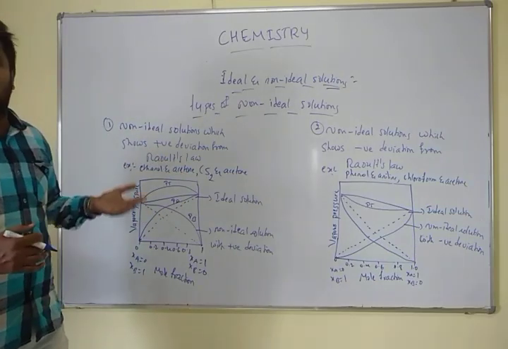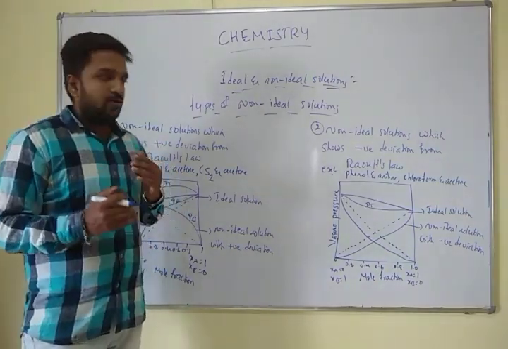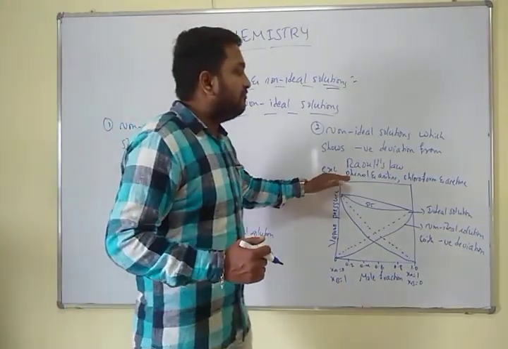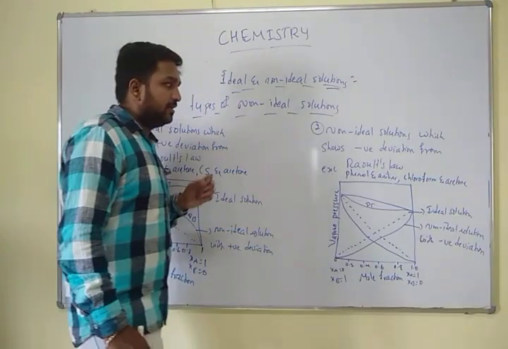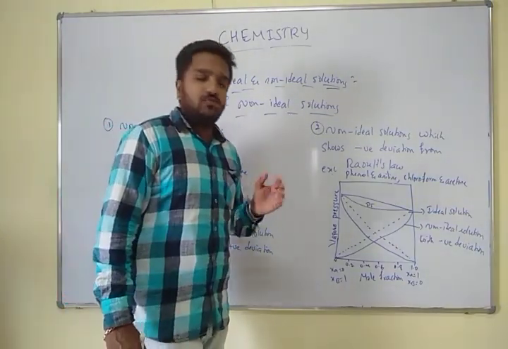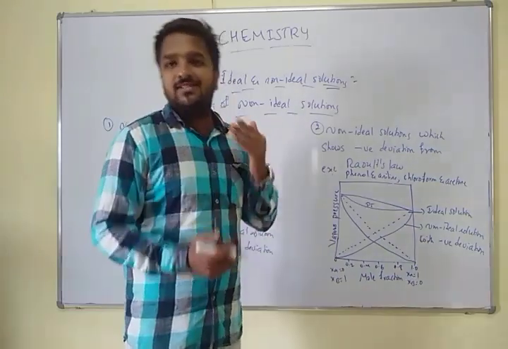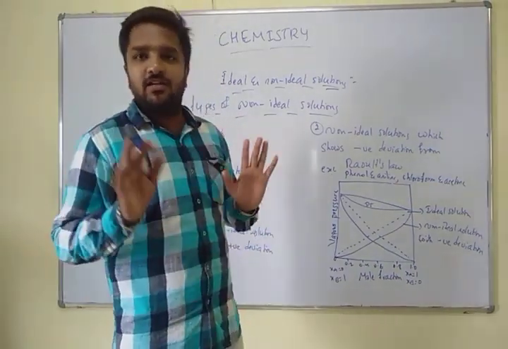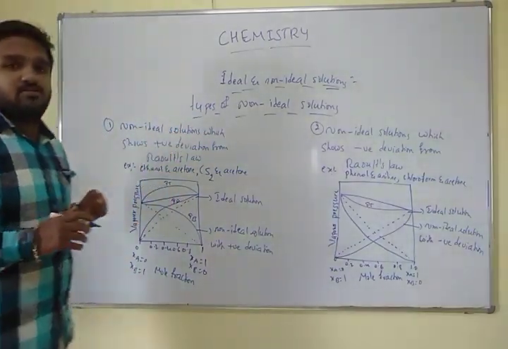It is higher than that of the vapor pressure value which is created from Raoult's law. But in this case, we have phenol and aniline and a mixture of chloroform and acetone. That means the vapor pressure obtained by the mixture of phenol and aniline will be lesser than the vapor pressure calculated from Raoult's law. Here, this is the concept of non-ideal solution, and it's two types.